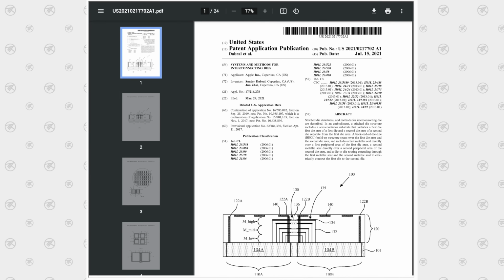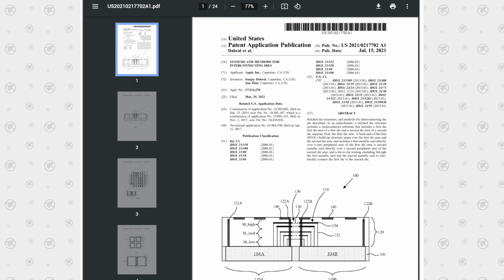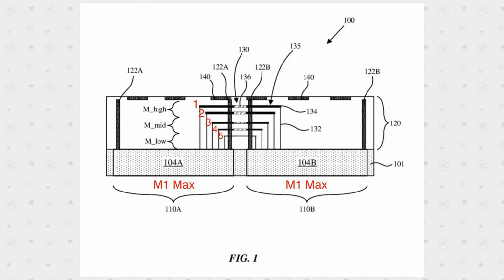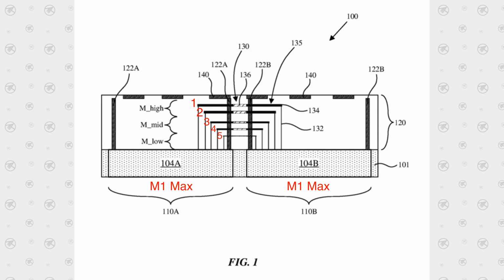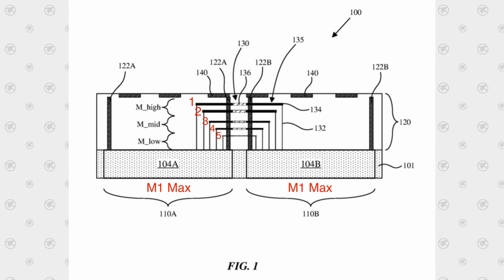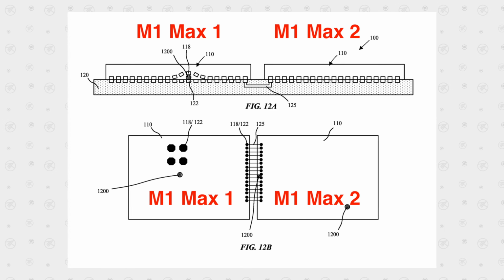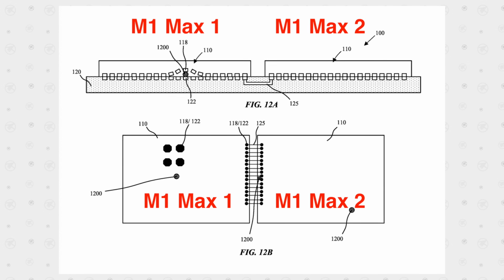And to better explain this, I dug through Apple's patents and I found this patent image, which is actually flipped upside down. And as you can see, 104A and 104B are actually 2 M1 Max dies, and this right here in the middle is quite literally 5 different layers of UltraFusion metal stitchings connecting both of the dies together. And if you don't believe me when I say stitchings, here's another patent image that I found showing the stitchings